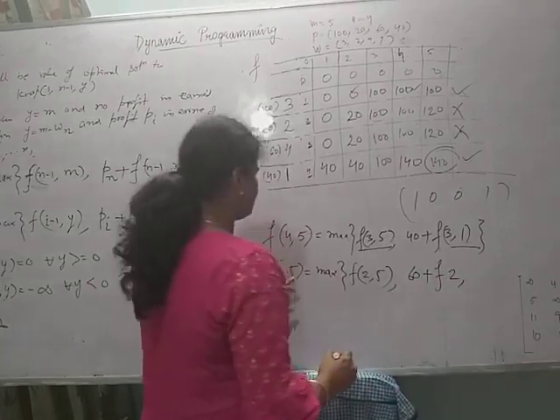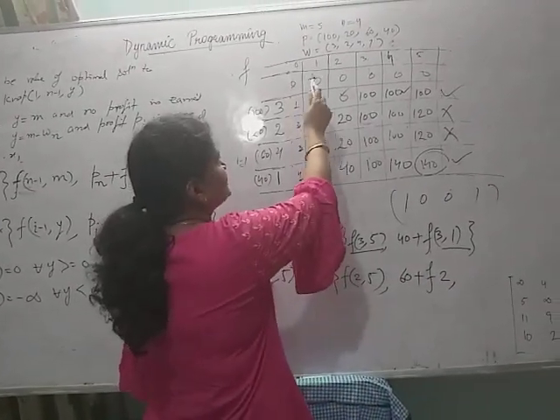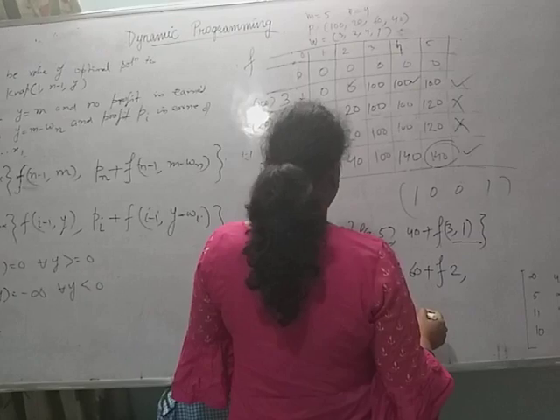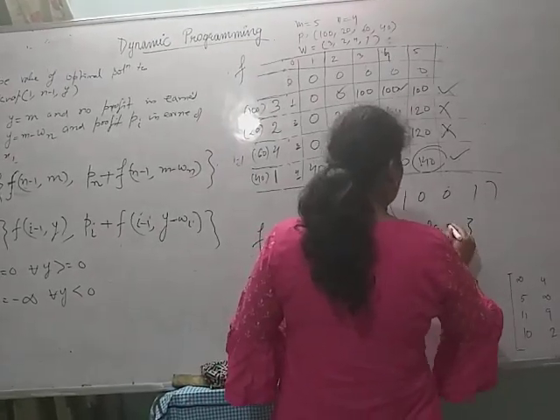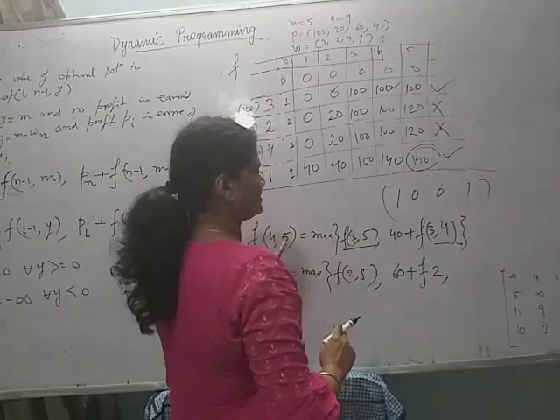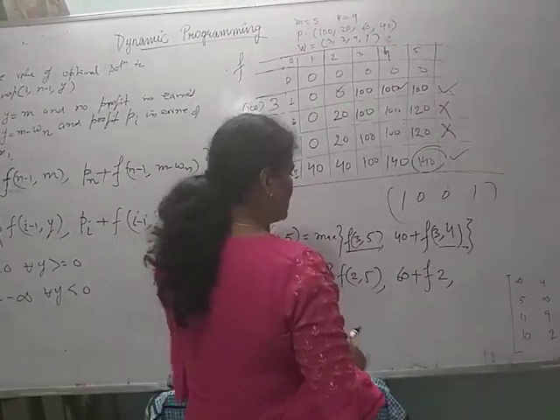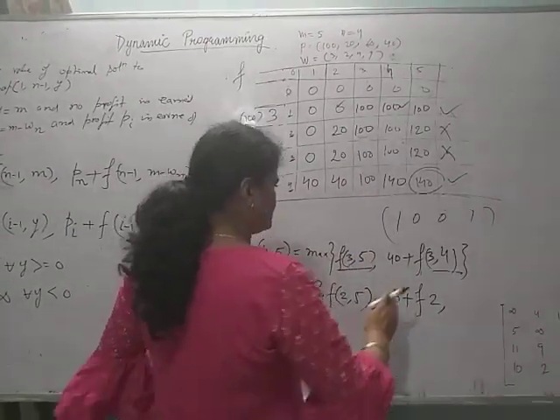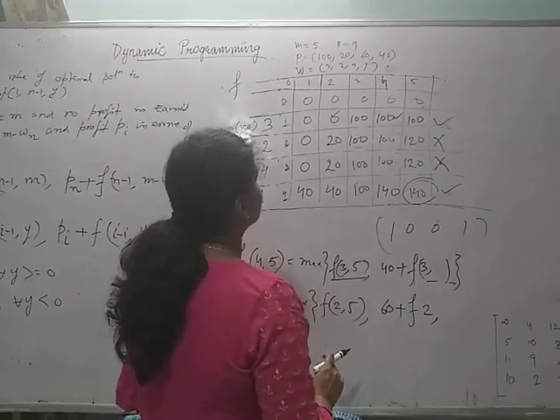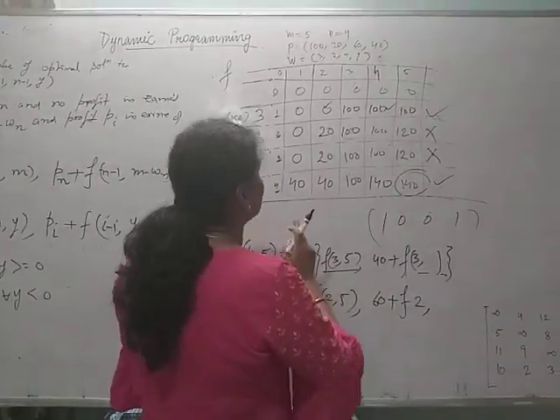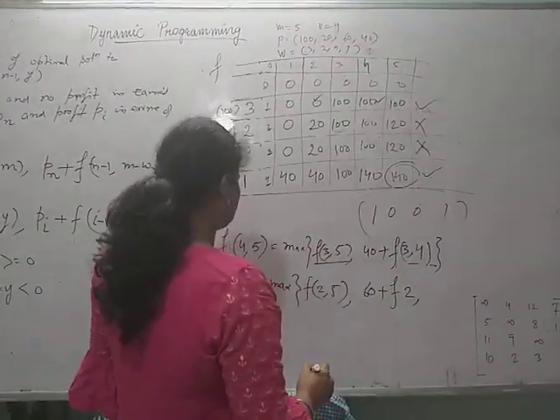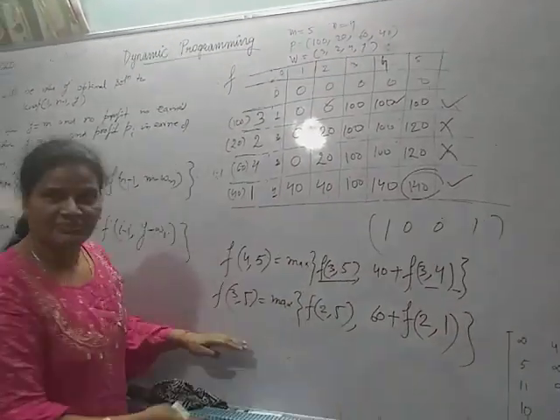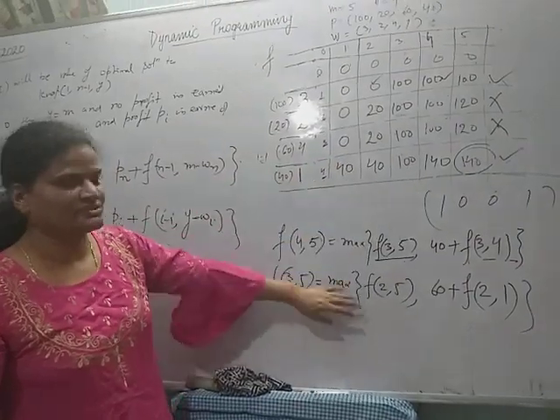The weight of the third object is 4, so 5 minus 4 is 1. Sorry, here the fourth object weight is 1, so 5 minus 1 is 4, and the fifth object weight is 1, so 5 minus 1 is 4. Now here the third object weight is 4, so 5 minus 4 is 1. So you manually compute the entries to solve the recurrence, and you can check the same entries in the table.